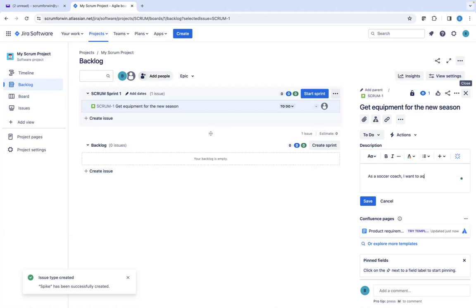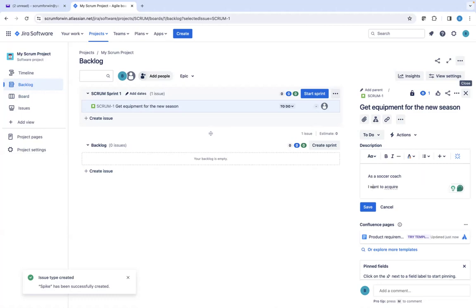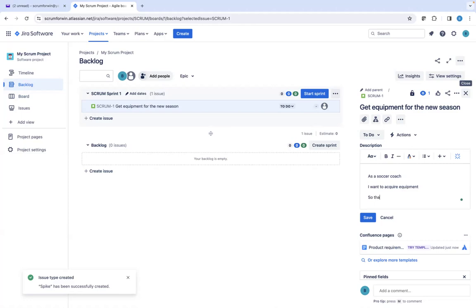Would you mind putting them in different lines, please, so that it's easier to write? So as a soccer coach is one line, I want to is another line. Okay, thank you. I want to acquire equipment so that I can